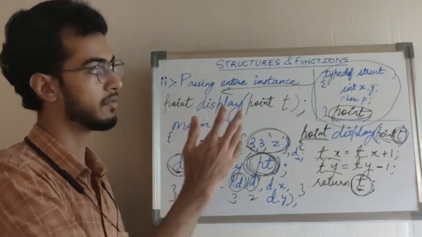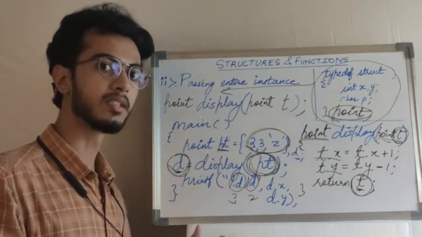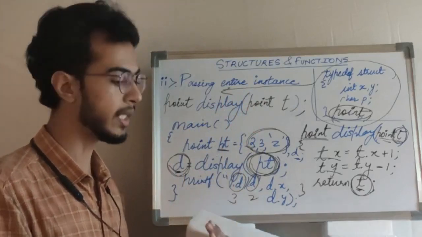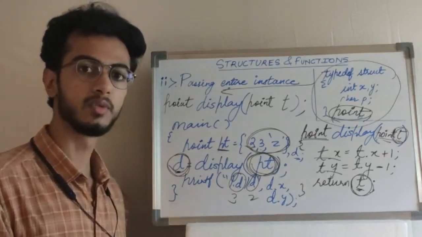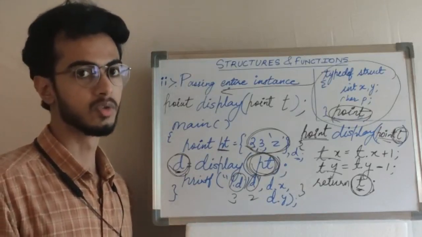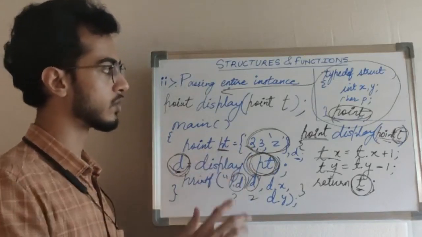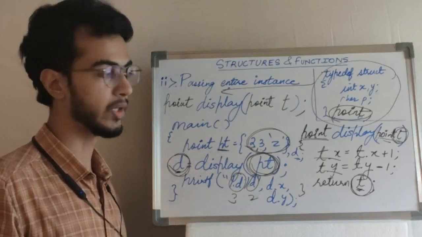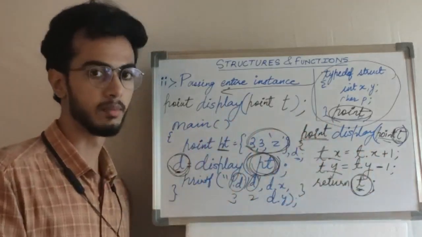Whereas if it is a normal array which is not part of the structure definition and you pass it to a function, make some changes, get back the result and try to see it in the main, then the changes would have been reflected. So one thing that you need to remember is whatever you pass over here is call by value, and the changes that you make over here will not reflect onto your original variables inside the main.